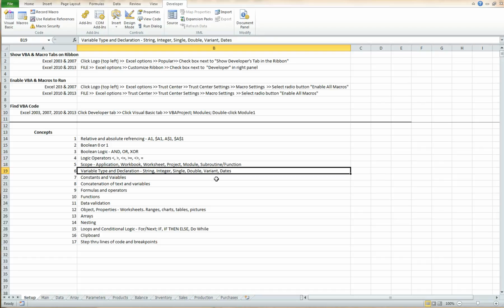So under some occasions you might need to define these things more flexibly, and you would define it as a variant. And finally, as a more of a common type that you will run into is dates and the handling